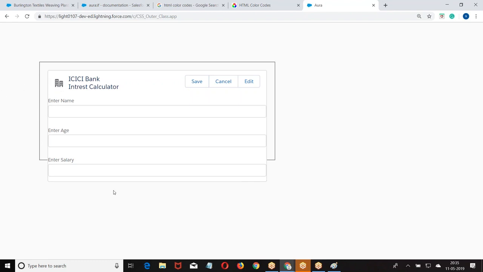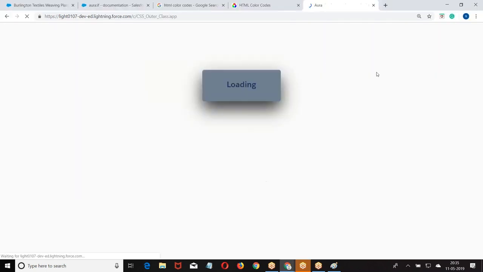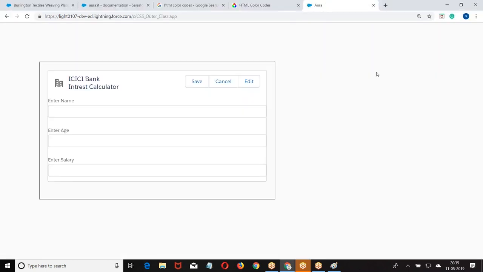In this element we have a lightning card. In the lightning card we have a body. So look at this again. We are giving height 350. This is how we got it. Look at the structure. Now this is the outer element that I received. For the outer div I told this is the div: width, margin, left margin, top margin, width, height, padding.